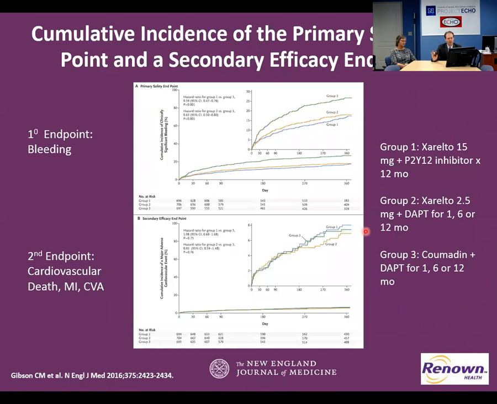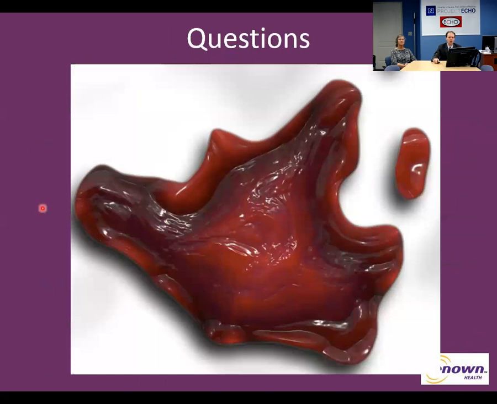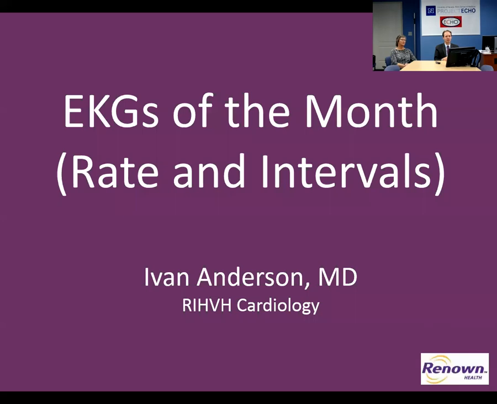So if it is true that Xarelto is better medicine to prevent stroke with less bleeding if you have AFib and stents, and generally, like I said, the progress has been a month of triple therapy and then stop it. So let's get a little bit of EKGs in, and then we can take questions at the end, and there's a little bit on COMPASS in there as well. So again, we're just going to go back to the basics. Last time I did. Actually, yeah, go ahead.